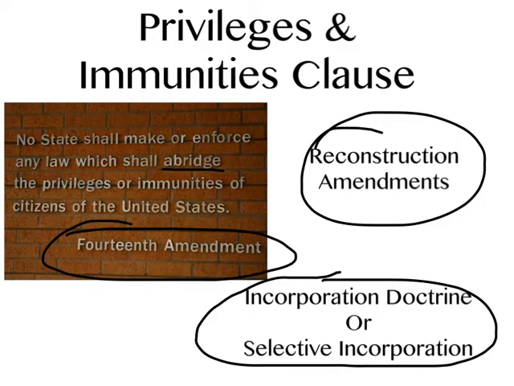Now, originally, the founders argued that the Bill of Rights only applied to the national government, and a lot of the states thought this was great. All right, so the Bill of Rights applies to the national government only. That's what it was supposed to limit. But with the addition of the 14th Amendment, now the Bill of Rights applies to state governments. So if states try to infringe upon our freedom of speech or freedom of religion, the Supreme Court has the power to come in and stop them. What they are doing is now unconstitutional.